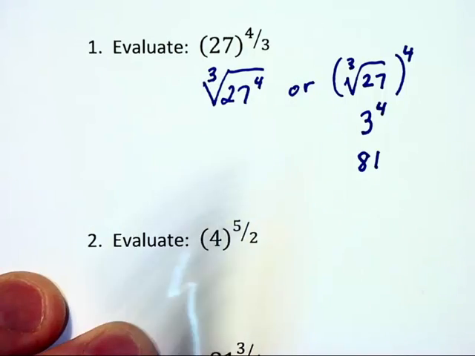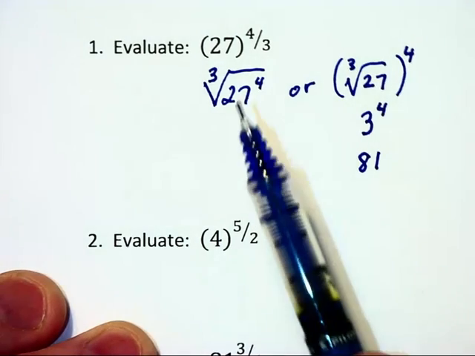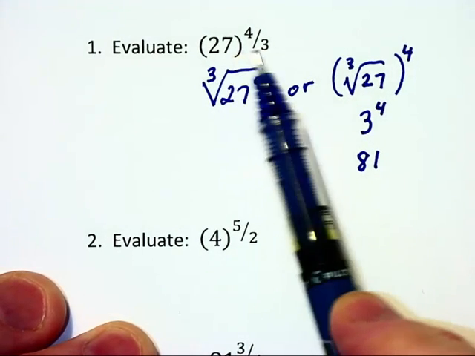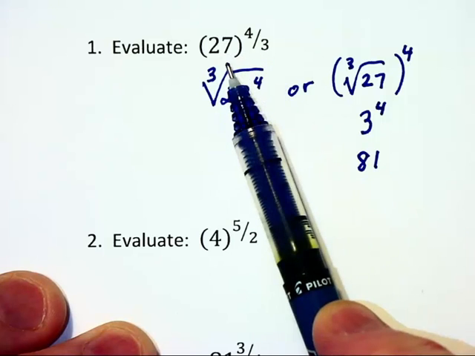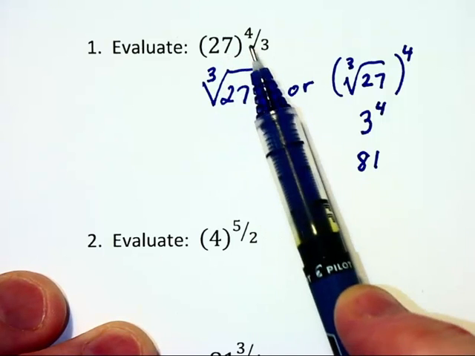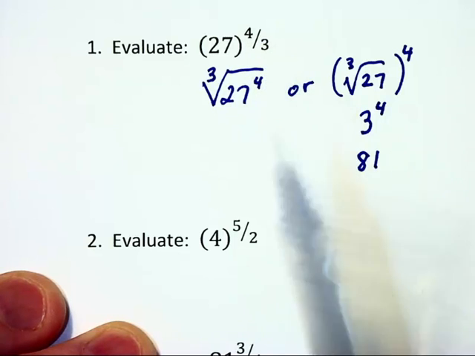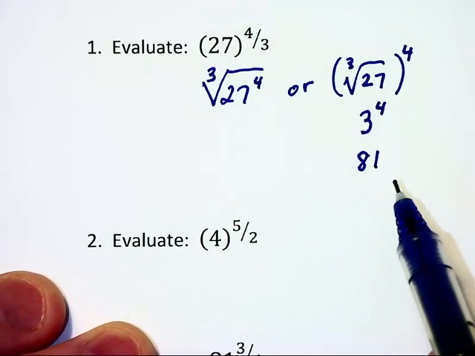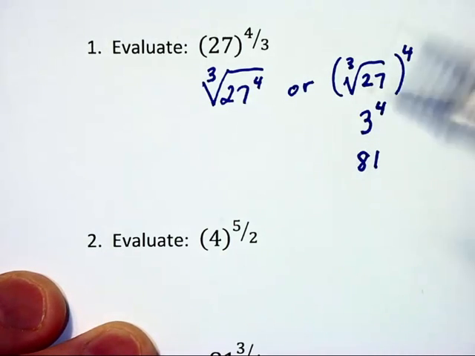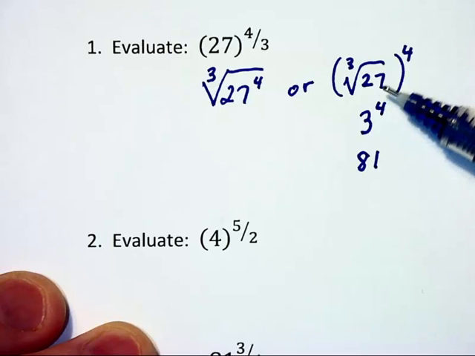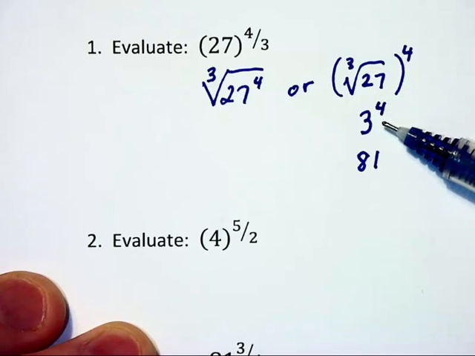Now let's go back to the original understanding of what an exponent is. An exponent tells you how many times a base is multiplied by itself. Now you can't take 27 and multiply it by itself 4/3 or 1 1/3 times. So you've kind of got to get rid of that way of looking at exponents and now look at it in a totally different way. I tend to always like to take the root first to make the number smaller and manageable